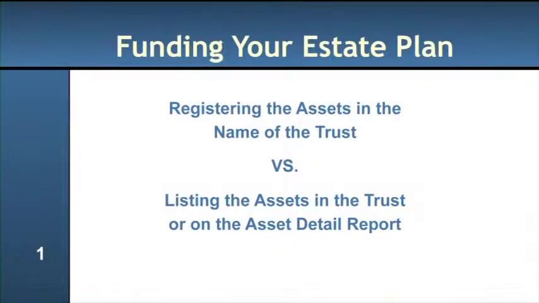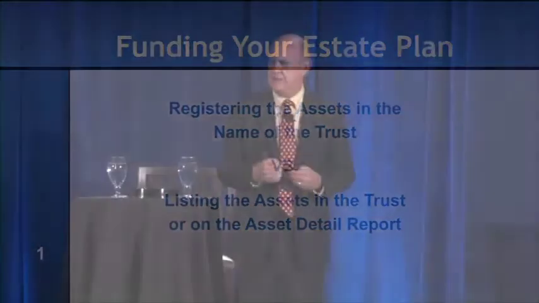Now, two things I want to clarify. When we say something should be in the name of a trust, we are not saying that it's listed in the trust. Listing an asset in the trust means absolutely nothing. I know that many of you had attorneys do work for you before you came to us, and in that trust there was a list of all of the assets. Usually the first thing you said to us is, that list is outdated. Well, it became outdated almost as quickly as the list was made.